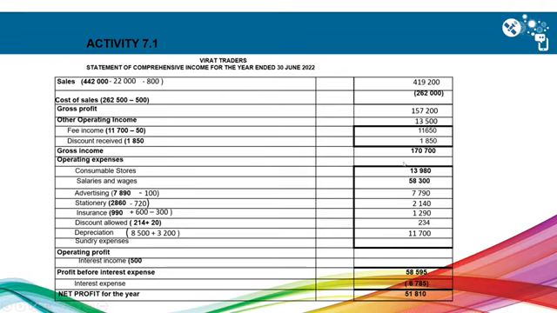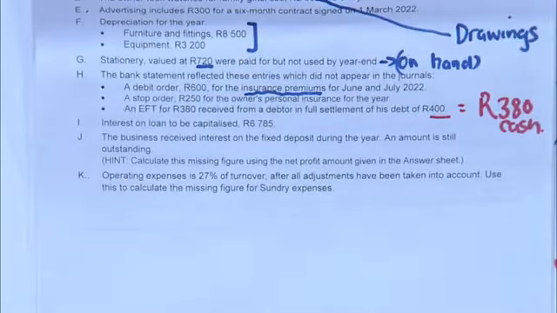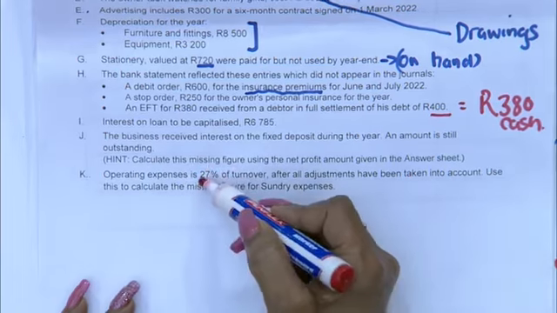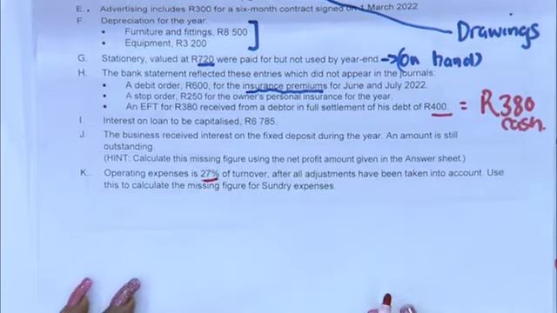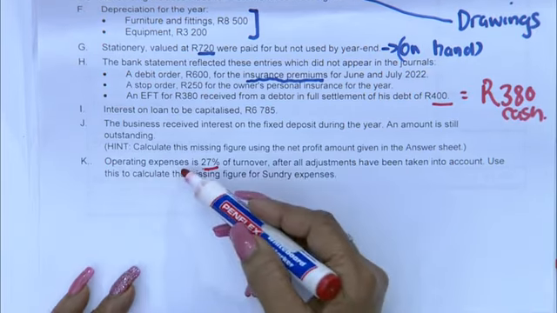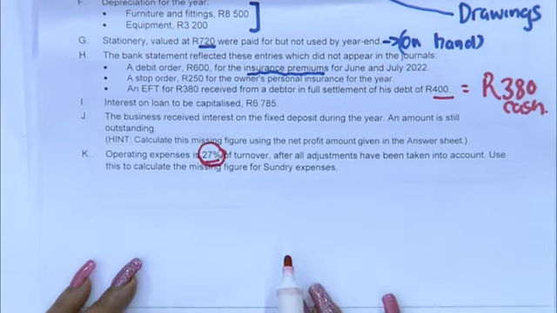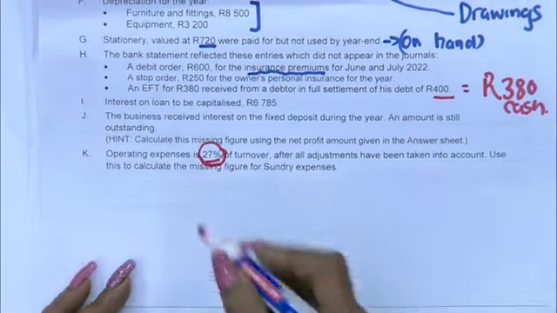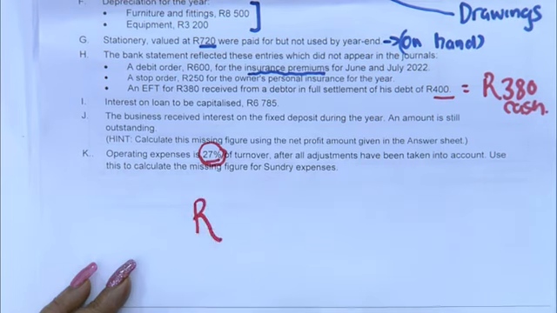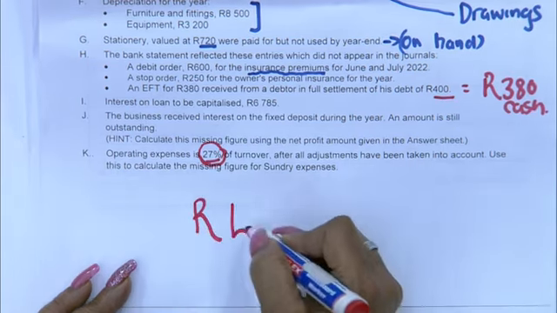Grade 10s, because there is a missing figure, another approach now needs to be followed to get what my operating expenses are. And if you look at the information given to us at the letter K, they are clearly telling us that operating expenses is equal to 27% of my sales. Now, go back and check what is the amount of my sales. My sales is